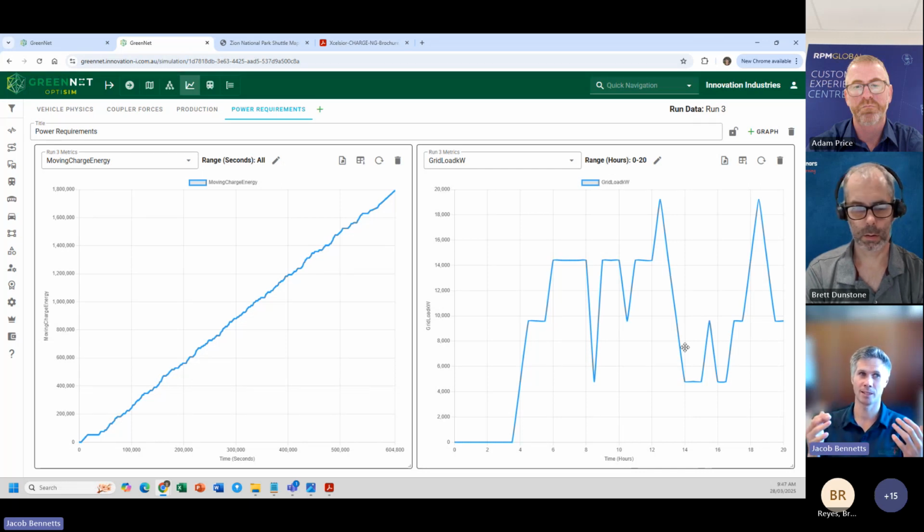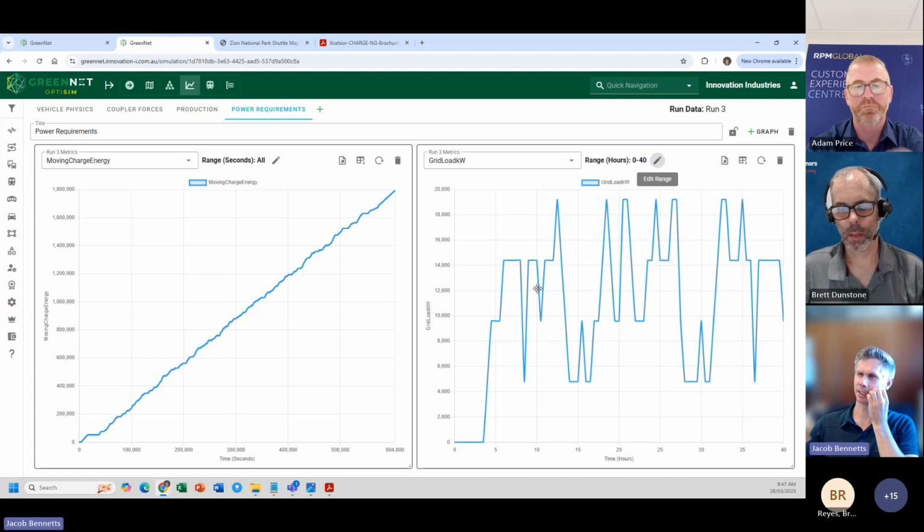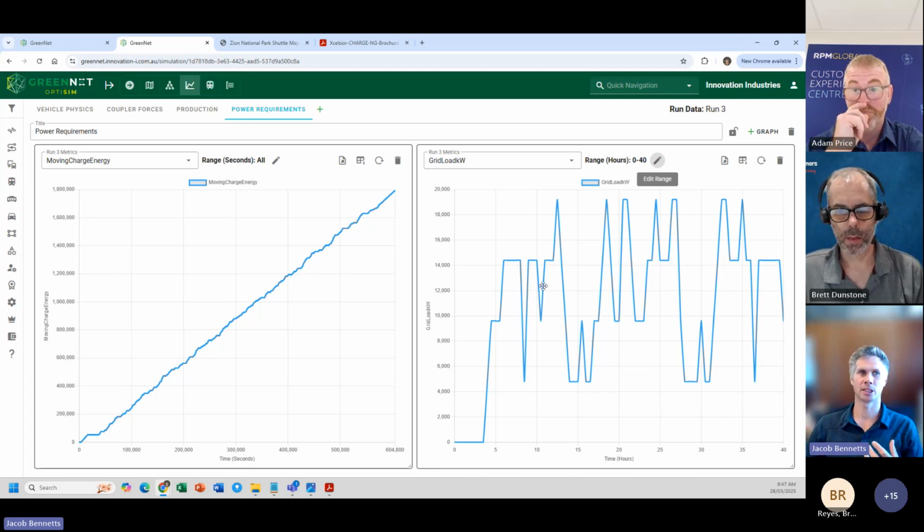These trains run when ready, which means they don't have a schedule. They just go, go, go. And if something breaks, it breaks, and then they keep going, which means they're going to be charging at very random times. If I expand that out from 40 hours to the 7-day simulation, you can see there's quite a random nature that you want to be aware of when you're thinking about all these questions for decarbonisation. But I think the moral of the story, for me anyway, is that with good simulation tools and a good approach, you can consider